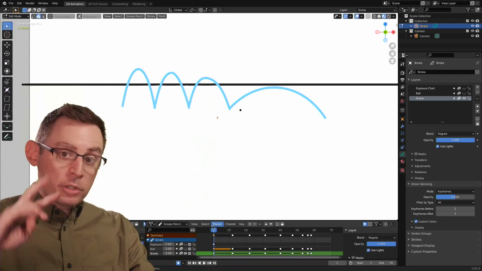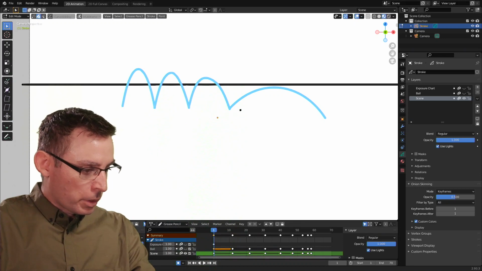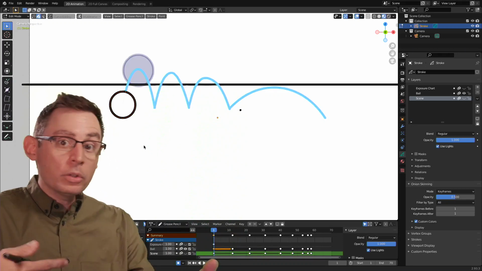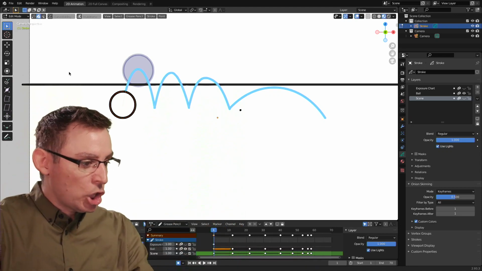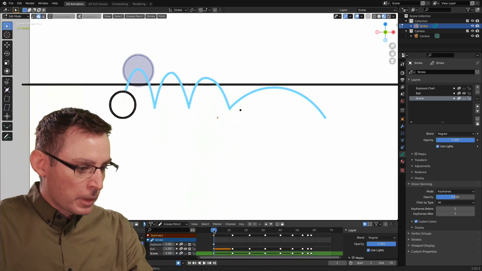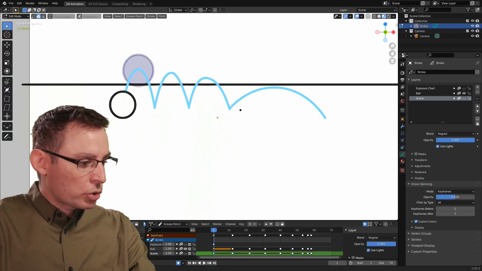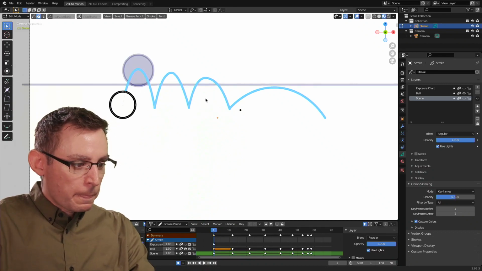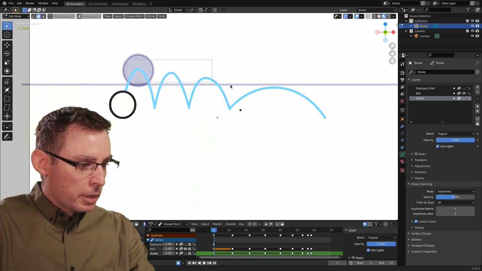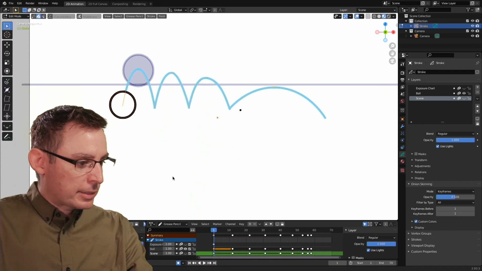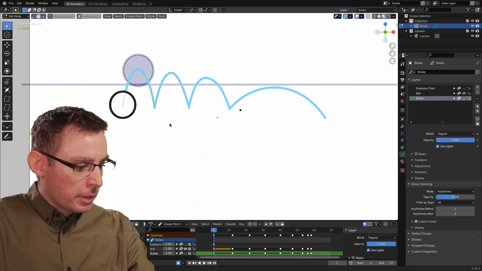Okay, now we're going to do the opposite. We're going to turn off the scene, go into the ball, because the ball layer has all of the scene stuff in there. I just want to have the ball isolated. So here's what I'm going to do. Just go in, select some strokes here. I don't want the horizon line. I don't want any of my arcs in there. So I'm going to grab them, dissolve them. Oops, I accidentally got the ball in there. That happens. There we go.